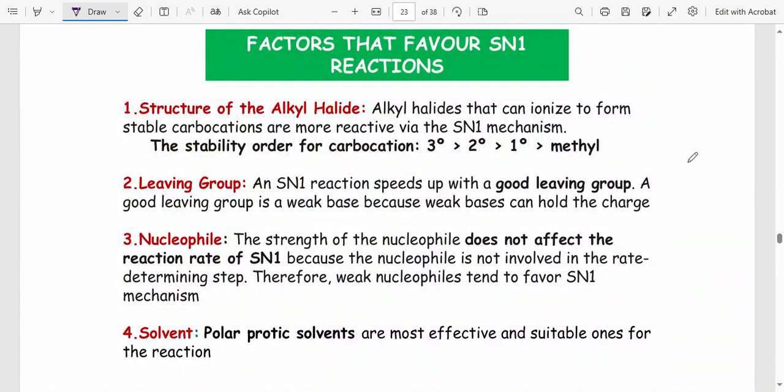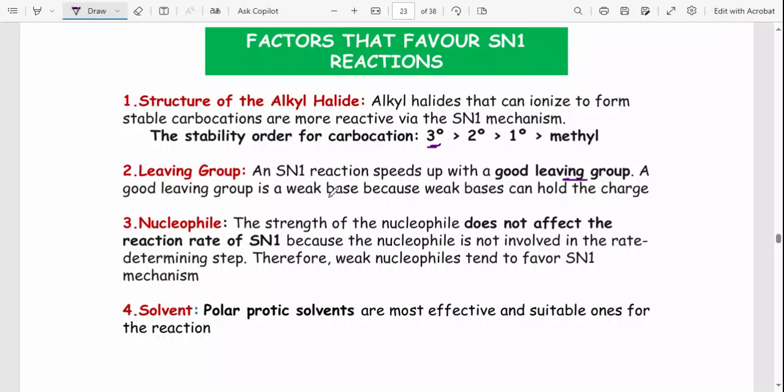For the factors that promote SN1 reactions, it's just the direct opposite. Tertiary alkyl halides are better than secondary, than primary, than methyl. SN1 reactions speed up with a good leaving group, just like the other one also. And a good leaving group is a weak base. Okay,